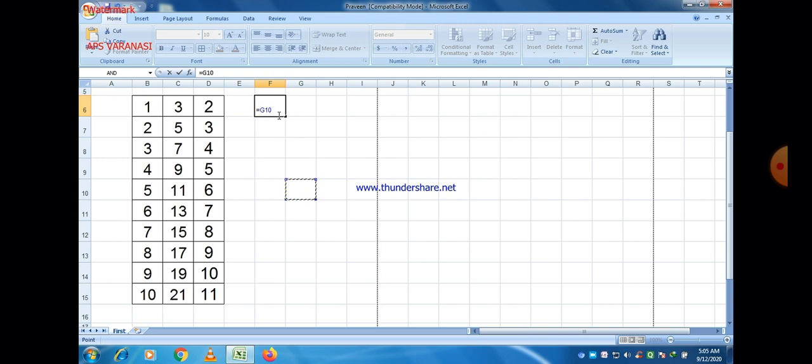Every formula always starts with the equal sign. After that, give the cell address.